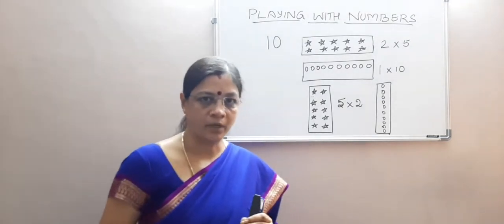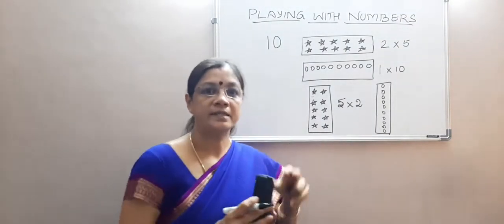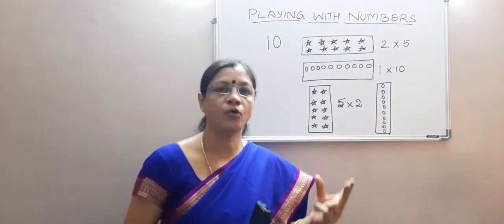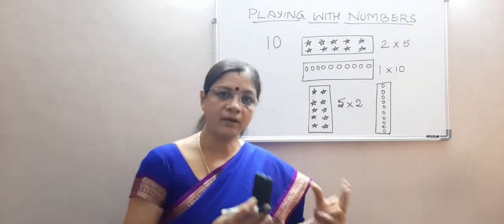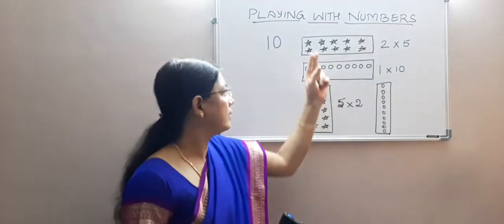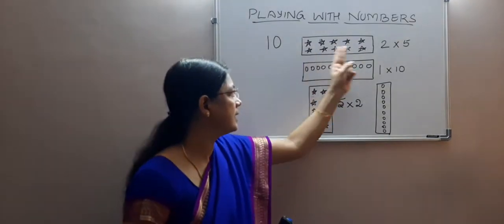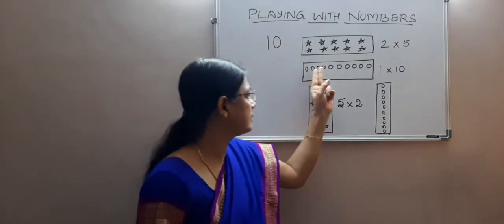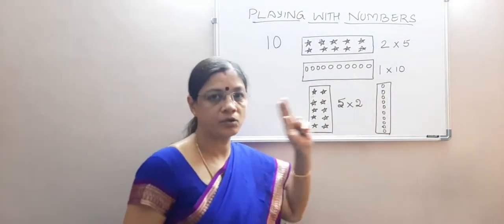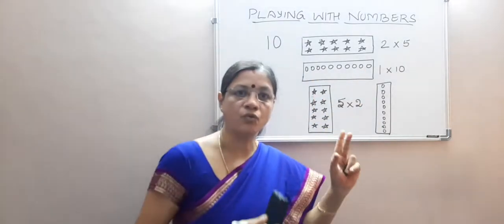Yes, it can be represented in many ways, but my motive is I should represent 10 in such a way that if I arrange them in rows or in columns, they should have an equal number of objects in each row and column. See, I have arranged it in 2 rows, or I can also say 5 columns. And here there is a single row, or I can say there are 10 columns in it. Vertical lines are columns and horizontal lines are rows, we know that. So there are equal numbers of objects in each row or column.